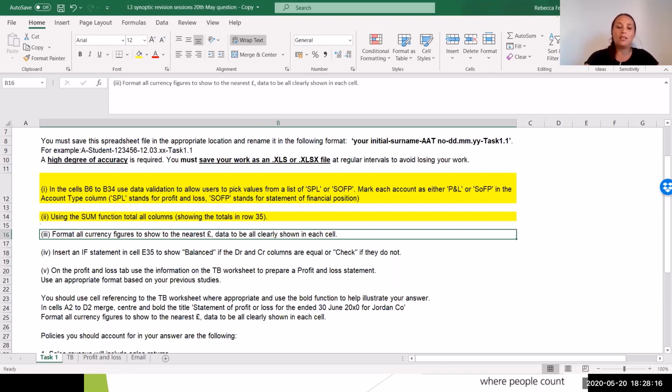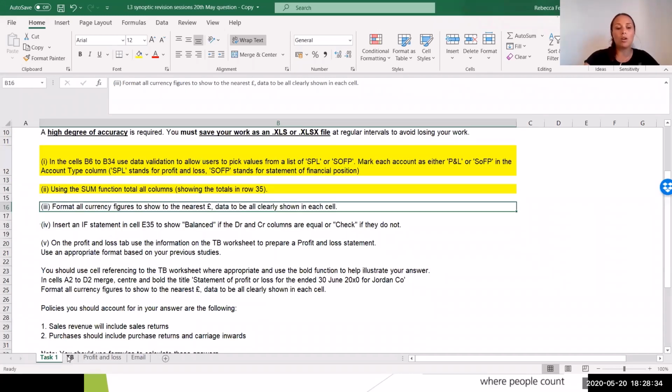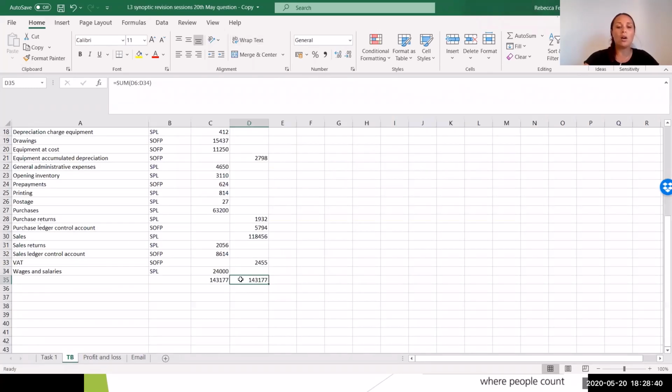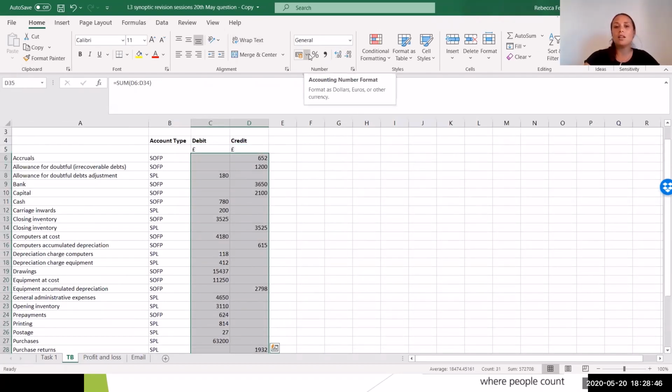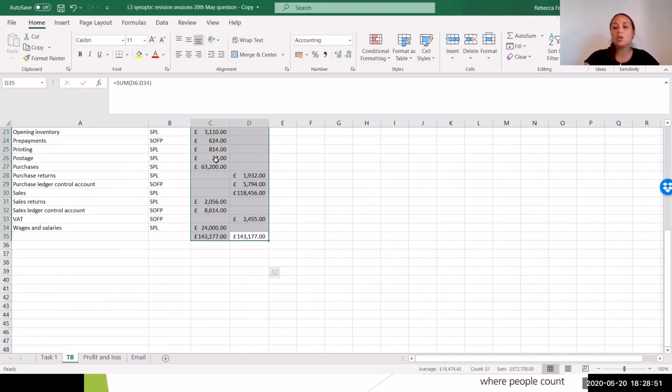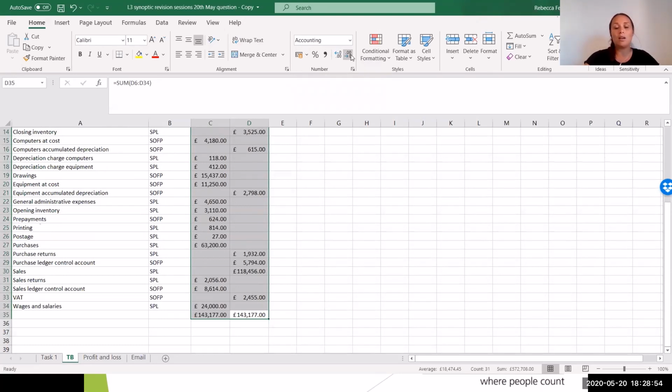Format all currency figures to the nearest pound. Data needs to be clearly shown in each cell. So they're going to ask you in lots of different ways how to format. You're going to need to make sure that you really carefully read the requirements in the question. So if we have a look on our TB, it's asking format all of these to the nearest pound. So if I just highlight all of the numbers that are currency, I'm going to use this currency formatting over here, and I'm going to press pound, but you'll notice it gives me 2 decimal places. Now that asked me to the nearest pound, so I'm just going to use this box here to decrease my